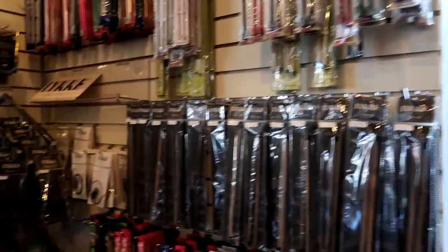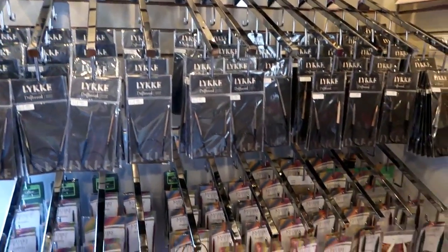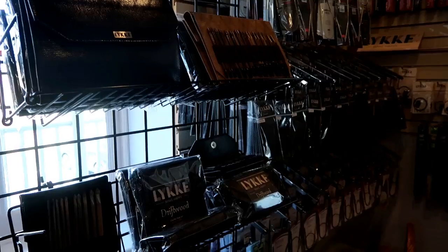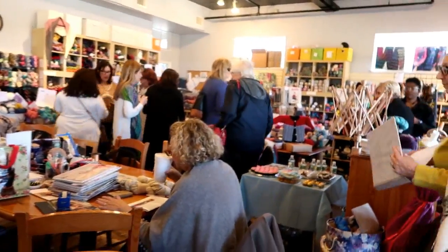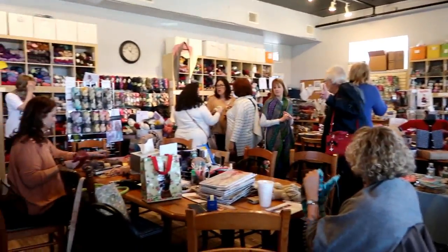Okay, they have a huge selection of the, however you say it, LYKKE needles. They have a big selection of that. I actually bought some extra cords for my sets, and here are the sets that they have. They have them in all the colors. I know you can't see, it kind of got dark in this corner. You can see this is a really nice sized local yarn store with a very, very big, very varied